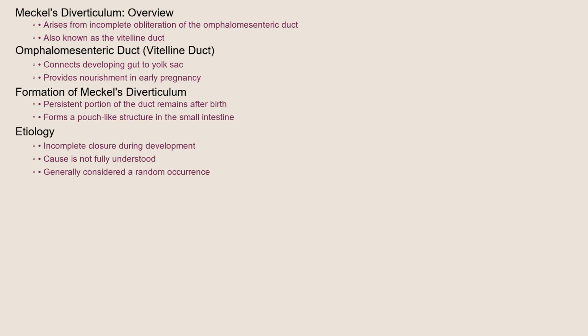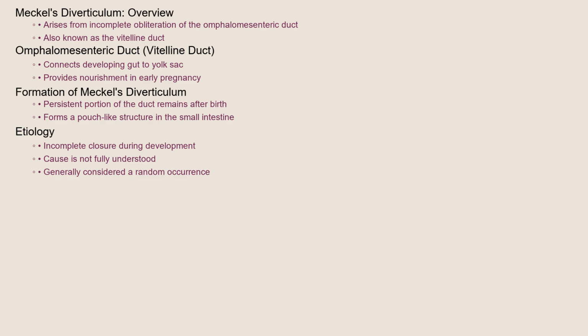Meckel's diverticulum arises from the incomplete obliteration of the omphalomesenteric duct, also known as the vitelline duct, during fetal development. This duct normally connects the developing gut to the yolk sac, providing nourishment early in pregnancy. If a portion of this duct persists after birth, it forms a pouch-like structure protruding from the small intestine, which we call Meckel's diverticulum. While the exact reasons for this incomplete closure aren't fully understood, it's generally considered a random